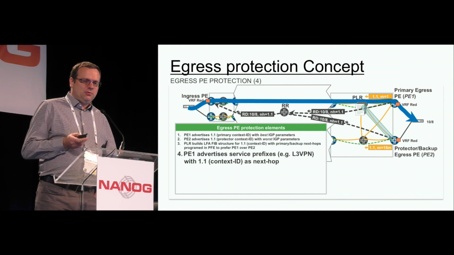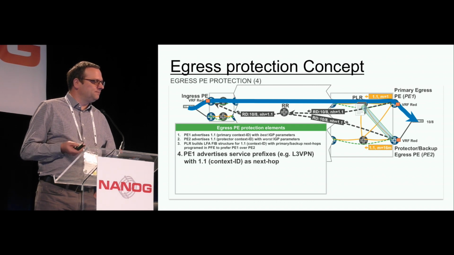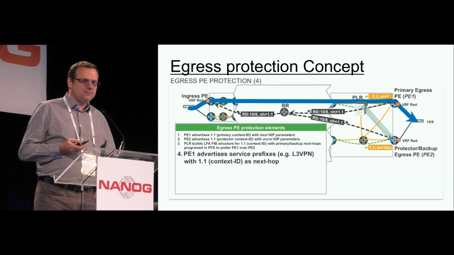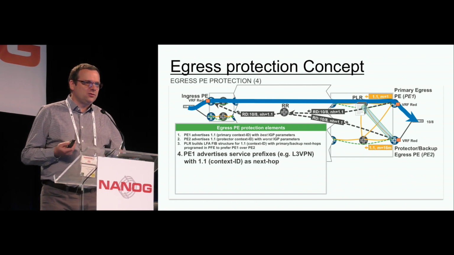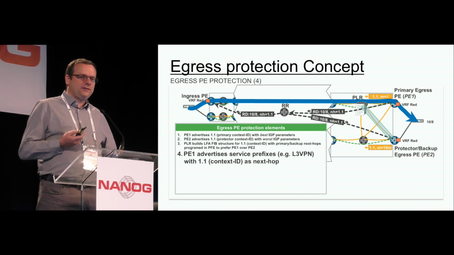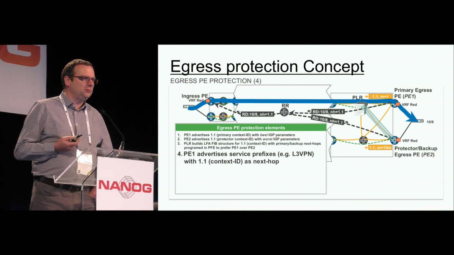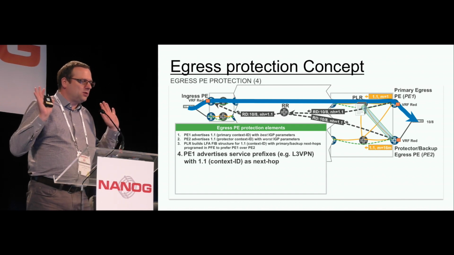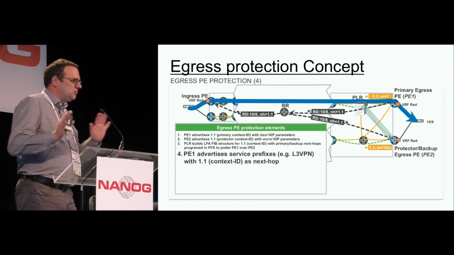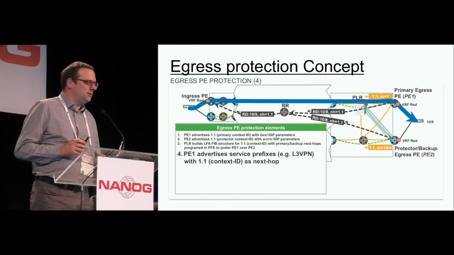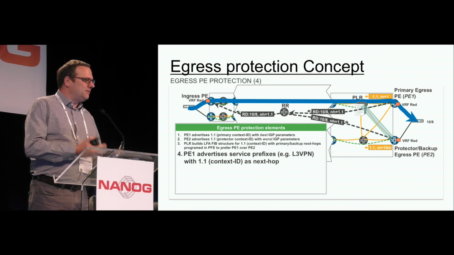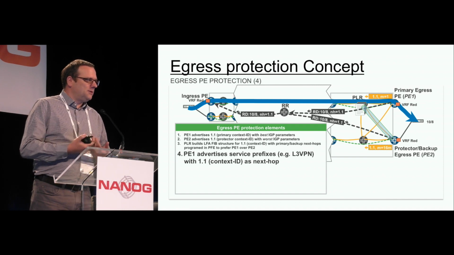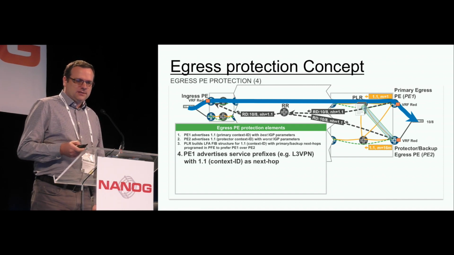So the prefix advertised by P1 goes to the route reflector, and from the route reflector it is reflected to P2. So eventually, P2 receives the service prefix or VPN prefix from P1. And P2 is configured as the protection function for the 1.1 next hop. So every time P2 receives some VPN prefixes with 1.1 next hop, he knows, okay, I am the protector for these prefixes. I need to prepare my FIB and RIB to be protected, because what does protector mean? It means that when something happens in the network, the traffic will be redirected to me with the labels allocated by P1, okay? So for that reason,